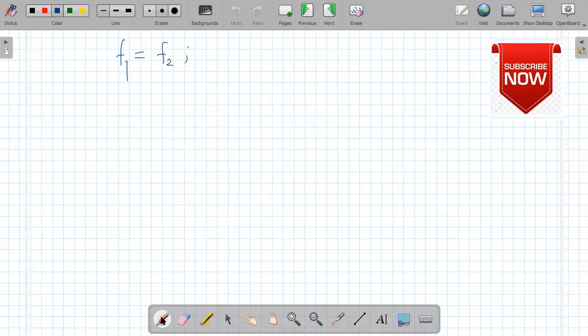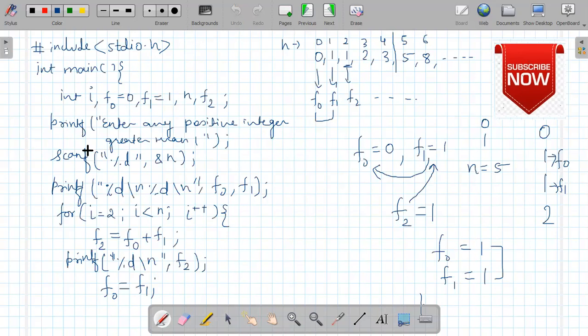This is the bracket of the for loop. Then we use return 0 for the main function and we close the bracket of main. This is the complete program to print the Fibonacci sequence up to positive integer n.